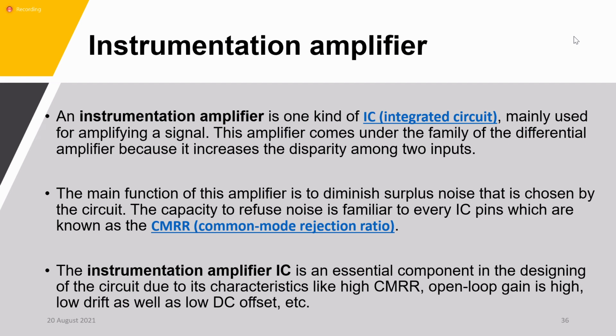accuracy, sensitivity. All these we have discussed in the first module. Like that, the instrumentation amplifier should have some specifications. It has to produce larger outputs. It has to receive very small signals as input. Some characteristics will be there for the instrumentation amplifier. CMRR is one characteristic. Open loop gain is one characteristic. So all these are specifications and characteristics of the instrumentation amplifier.